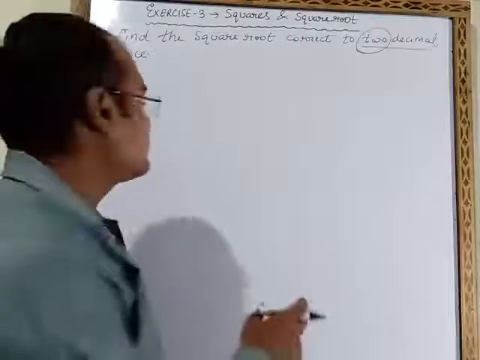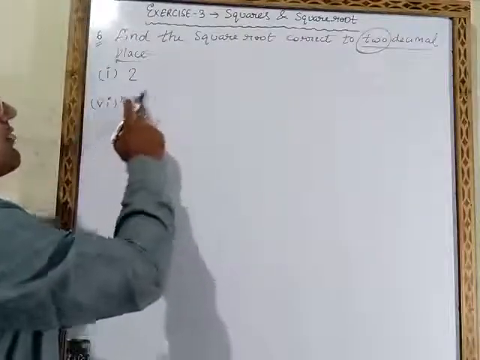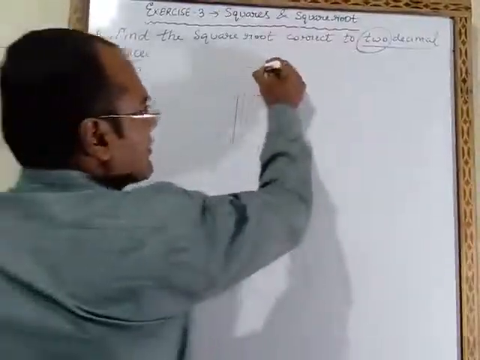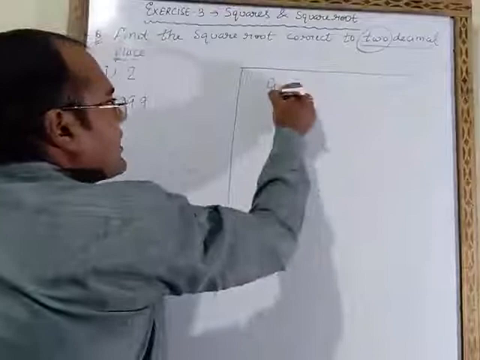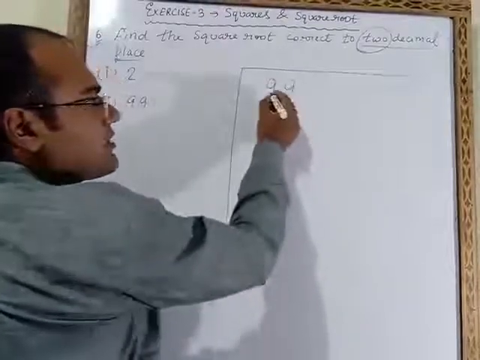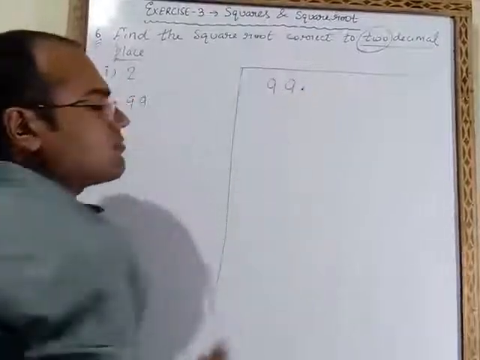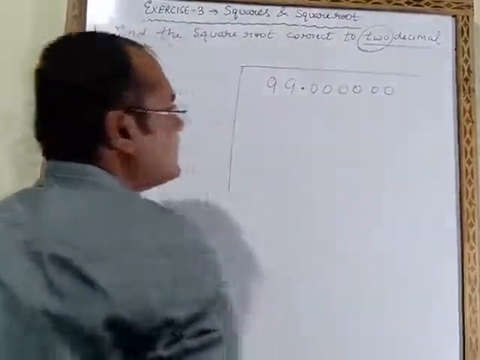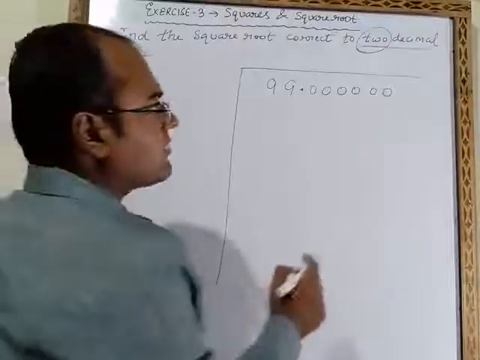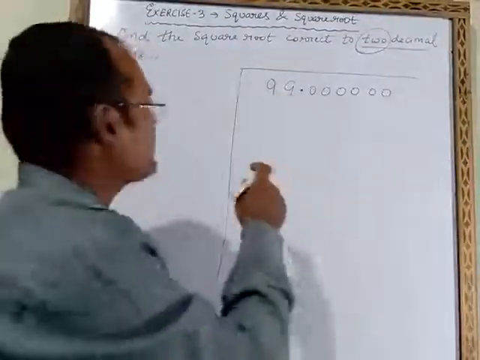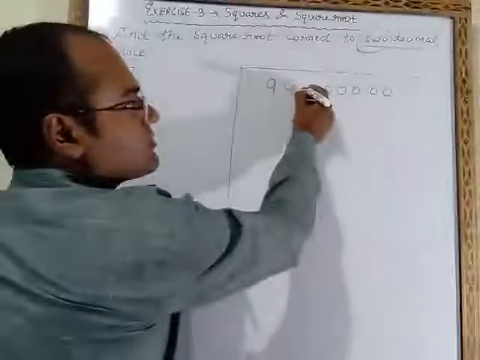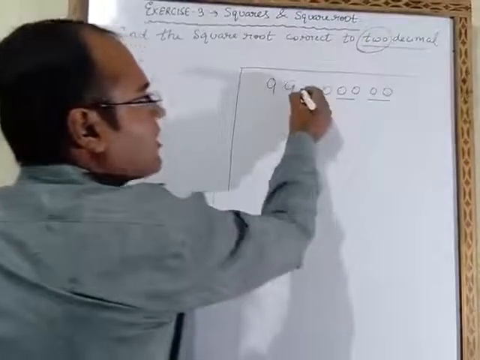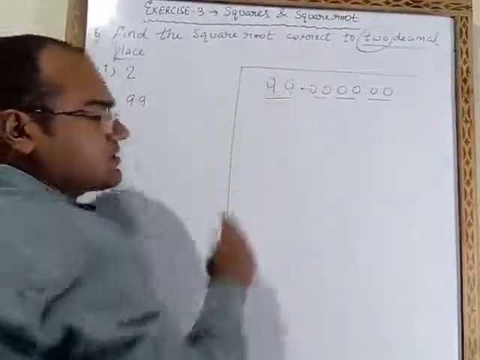Now see next part, sixth part. Find the square root of 99. So same method we will use. First of all we will draw line, then we will fill here 99. Then after that, after the 99 we have to put point, then 0 we will add. Now in order to underline it, we will not start with end, as I told you in the first part. We have to start from this point. On the right hand side of the point, two numbers. On the left hand side also two numbers.